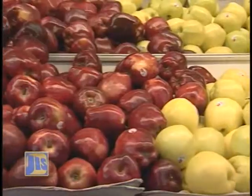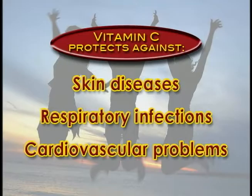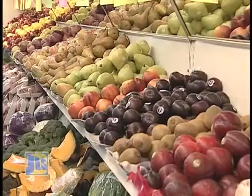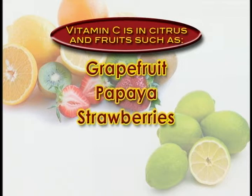Vitamin C is important because it protects the body from skin diseases, respiratory infections, and cardiovascular problems. According to nutritionists, human beings cannot produce their own supply of vitamin C, so we have to obtain it through our diet. Vitamin C is found in citrus and other fruits such as oranges, limes, lemons, tangerines, grapefruit, papaya, strawberries,